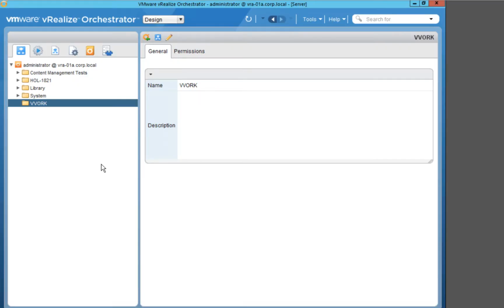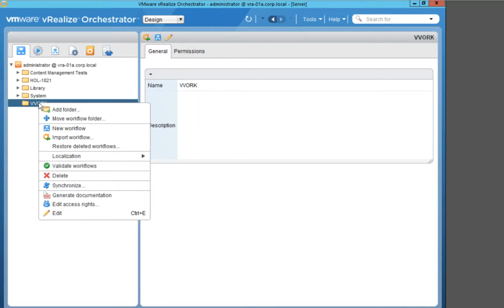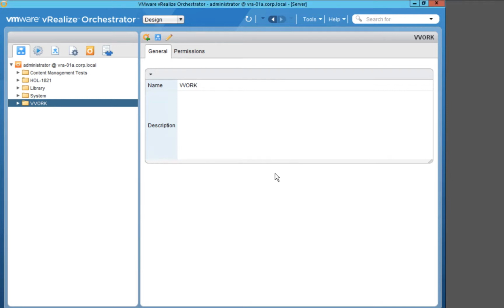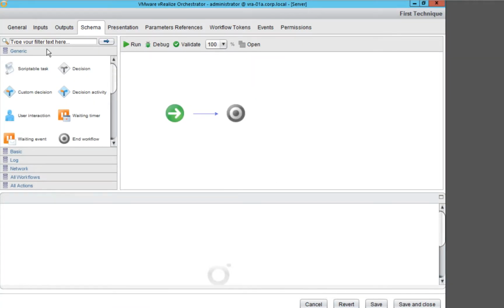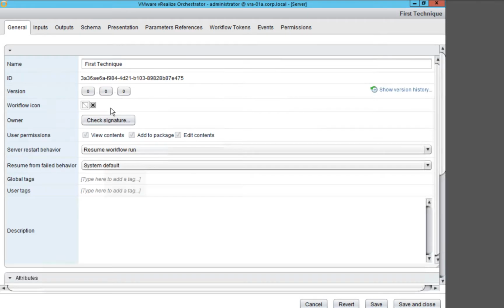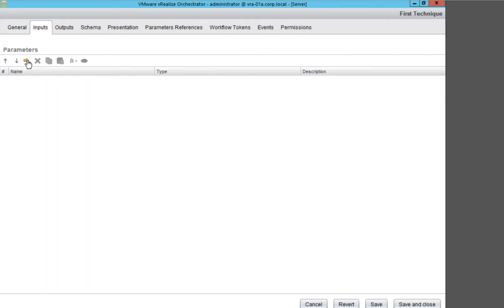To demonstrate this first technique, let's start by creating a new workflow. I'll call this new workflow first technique. Now, in actual practice, I should go over to the General tab and type a description and do the usual things, but in the interest of speeding up this video, I'm going to jump ahead a bit here. In fact, I'm going to jump straight to the Inputs tab,